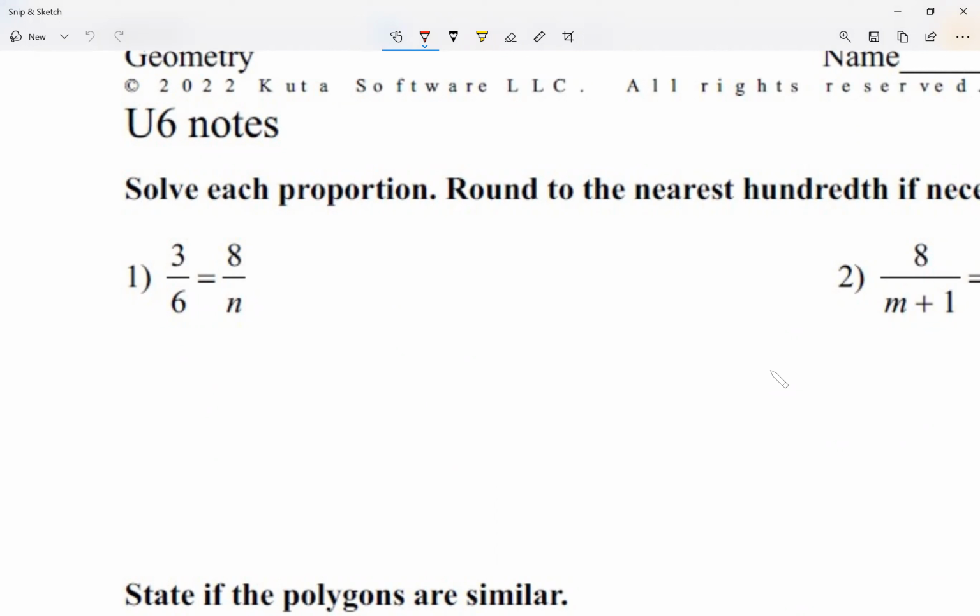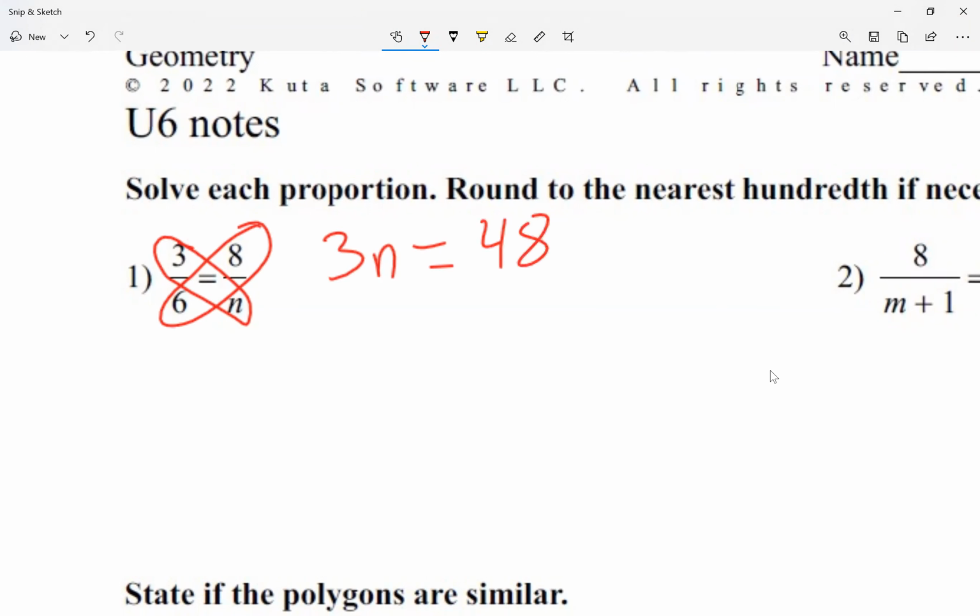Now we learn how to cross multiply. To get rid of fractions, we cross multiply. So I'm going to go 3 times n, which is 3n. This is going to equal 8 times 6. 8 times 6 is 48. So I have that 3n is equal to 48. Now, to get the n by itself, let me divide both sides by 3. 3 divided by 3 is 1, it cancels out. So I get n is equal to, use a calculator if you need to, 48 divided by